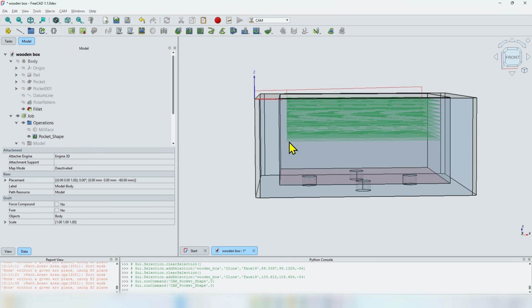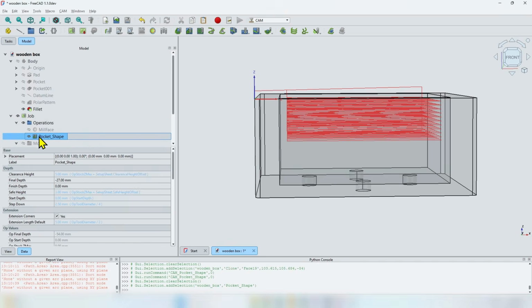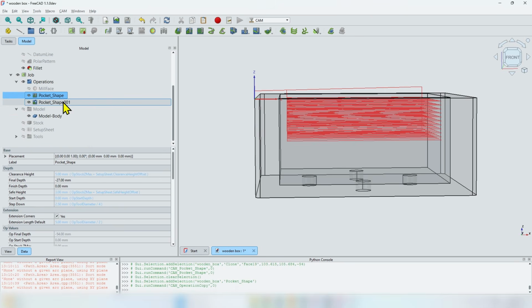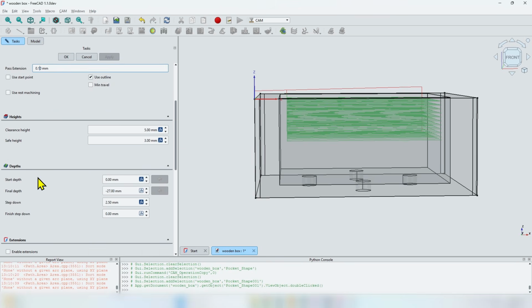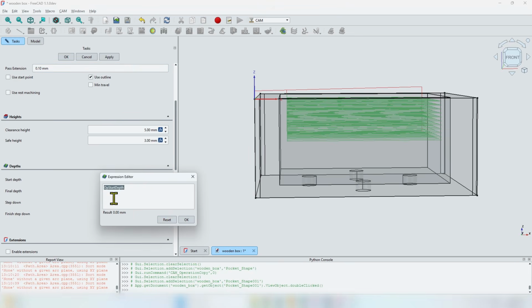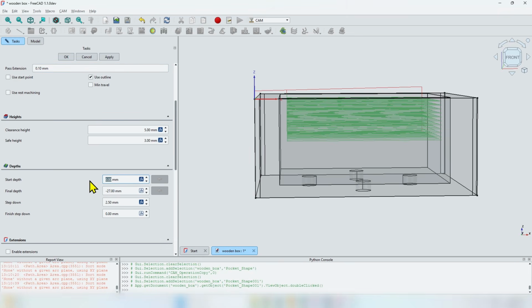And now let's make the next operation, which will continue milling, but with a little trick. Select the previously made operation, click on this button, which will copy it. We'll create a new operation with exactly the same settings. Double click on the new operation and let's go to the pass extension field and set a value of 0.1mm. Going to the depth tab, let's set a start depth by resetting it and setting it to minus 27, so it starts where the previous operation ended, and set a final depth of minus 44mm, which is the deepest